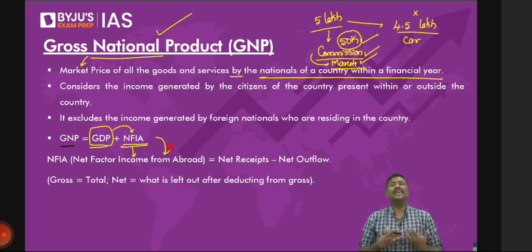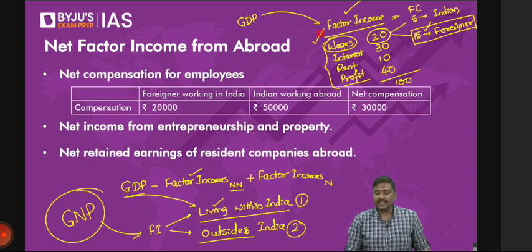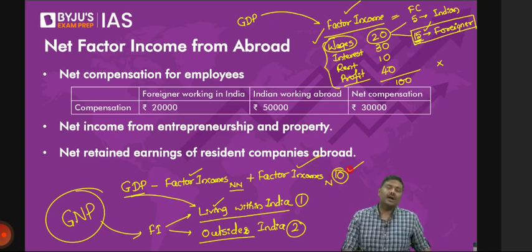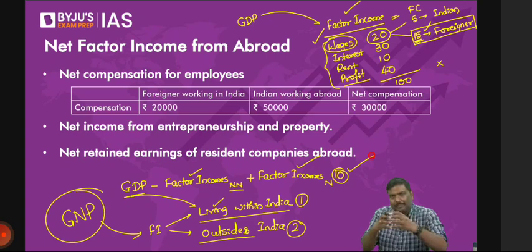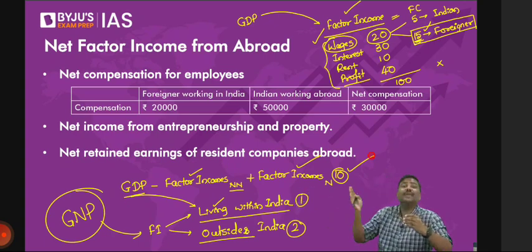Net means simple. Understand this. You have written net. What is the meaning of net here? Take this example. Can I say that 15 rupee factor income should not be counted as a part of India's GNP? Whereas, as I told you, you as a software engineer have gone to the USA and earned 10 rupees income there. It should be counted as a part of India's GNP. So when you take GDP, how much factor income should be subtracted, and how much should be added? The difference between that is called net.